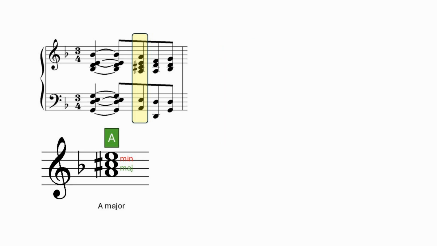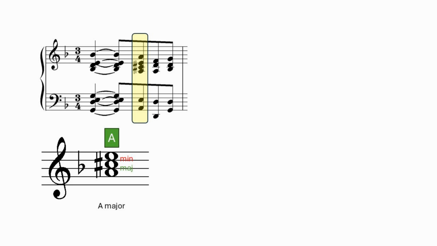Using the Roman numeral system, you need to know first what key you're in, and then work out which degree of the scale the chord is built on. We're in D minor, remember, and this is a chord of A. A is the fifth note in the D minor scale, so this is chord 5, which is a letter V